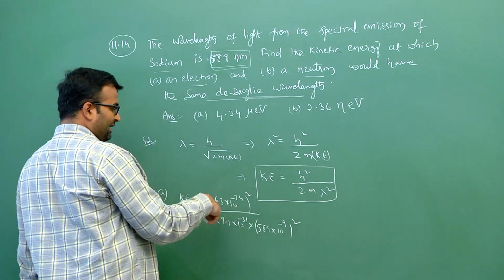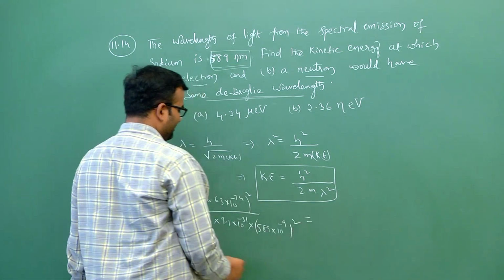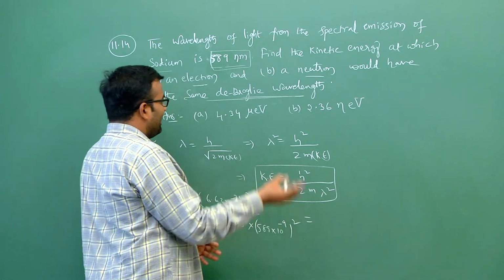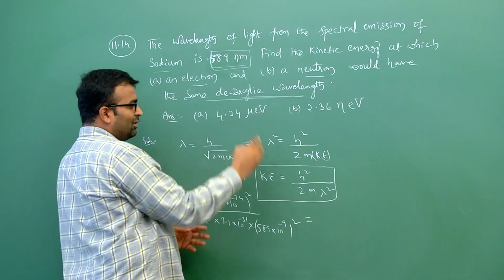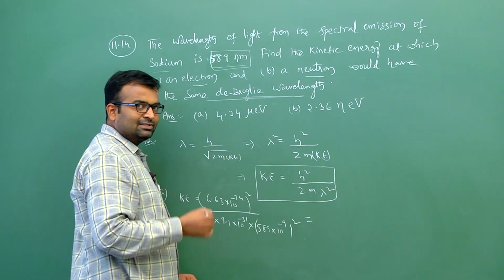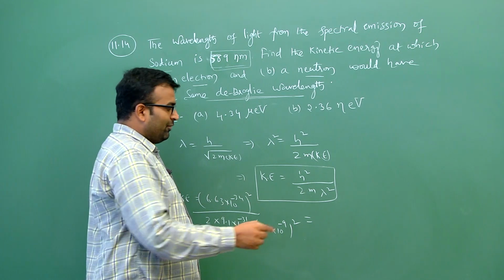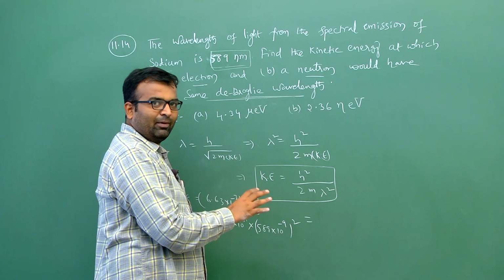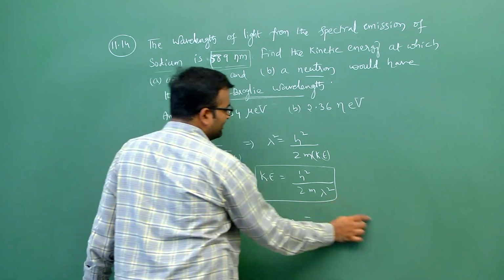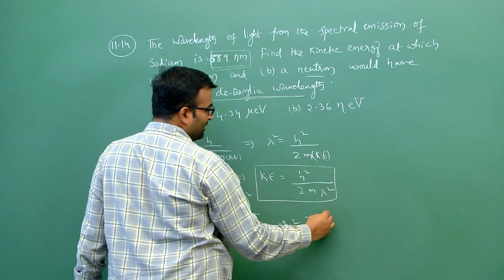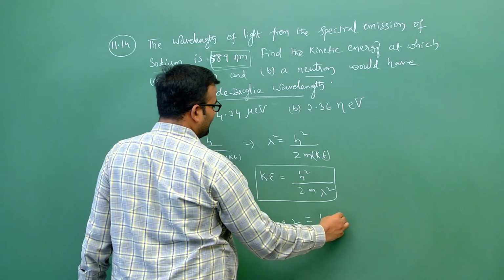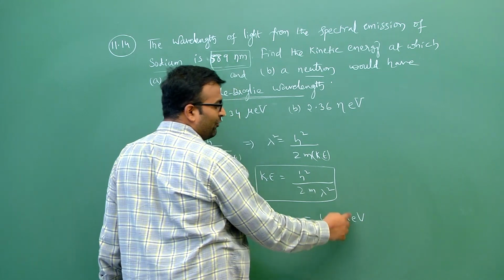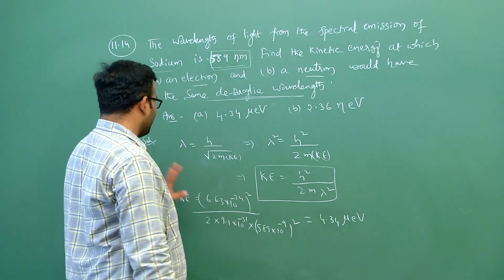The value after calculations will be in joules. As the given answers are in electron volt, we convert to electron volt. Converting joule to electron volt, we need to divide the obtained answer by the charge of electron, 1.6 times 10 to the power of minus 19, and the final answer will be in electron volts. That will be around 4.34 mu electron volts, meaning micro electron volts, which is 10 to the power of minus 6. This is how you can get the answer for question A.